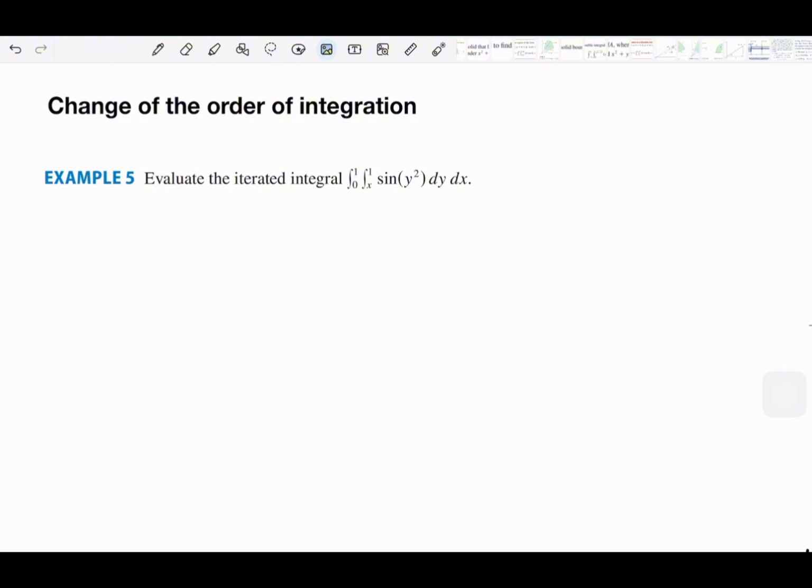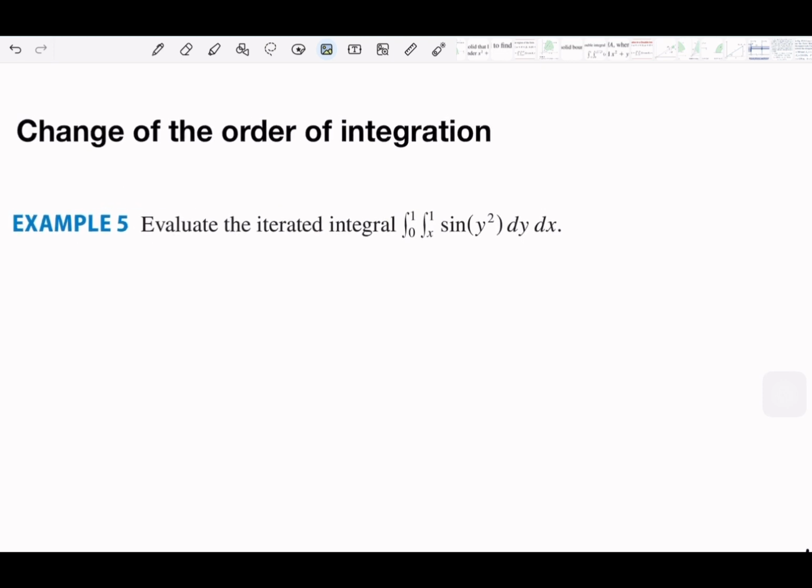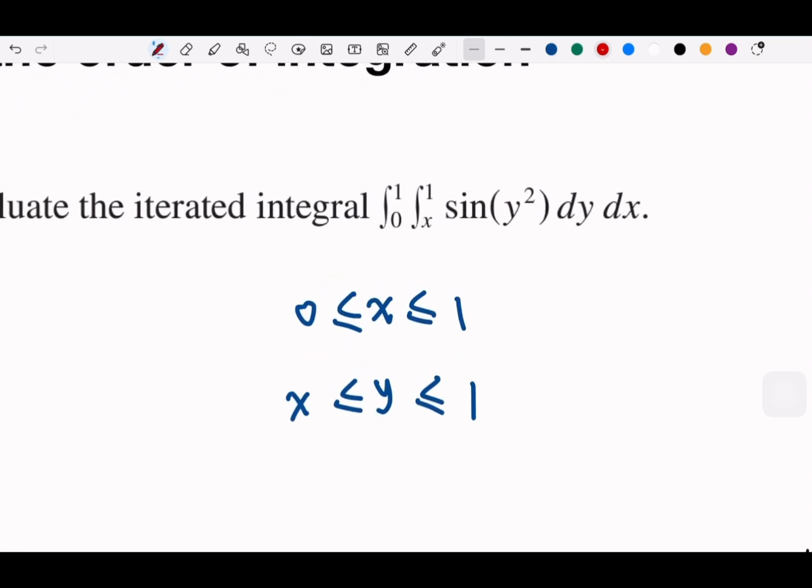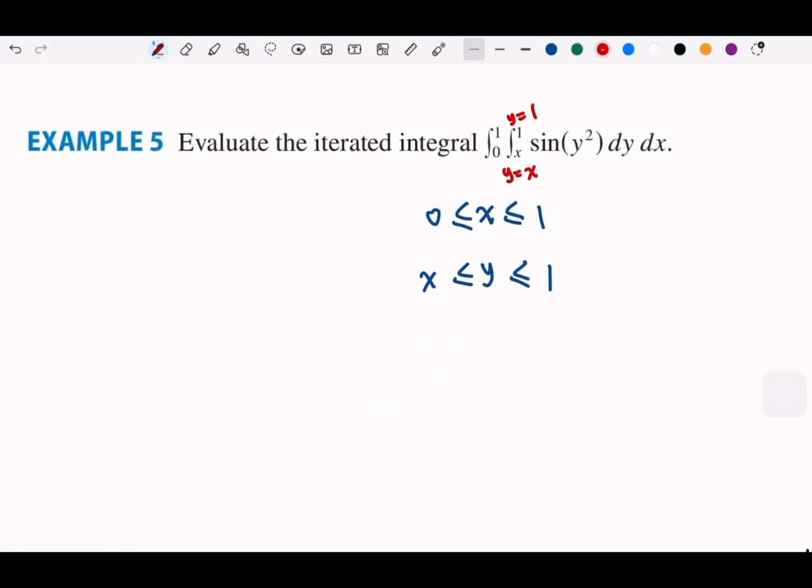But if this happens within the general region, in which we can have a curve on the endpoints, for example, we have x that is a constant, but for y it's starting from x. So it's a line, which means if we want to change the order,